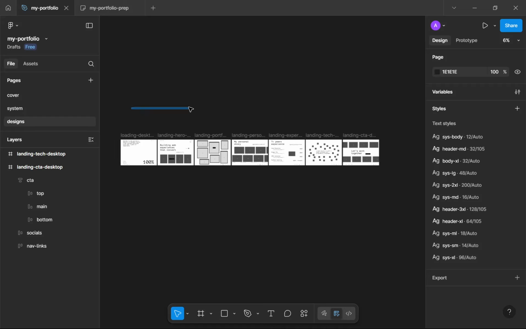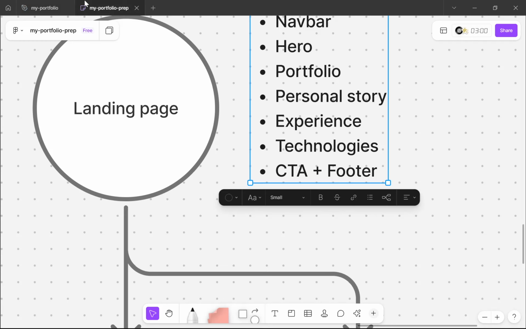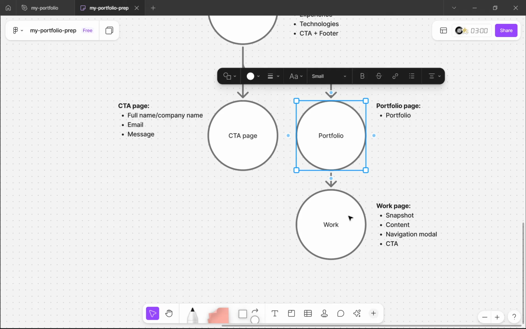So here, this is the landing page, if I'm not forgetting anything here. Technologies was done last time, plus the footer. This is the landing page. Then there's the CTA page, portfolio, and work. What I want to do next is the portfolio page. That will just take a single video. Then the work page will also probably just take a single video or two. And the CTA will probably take another video, and we then have to move on to creating the mobile views